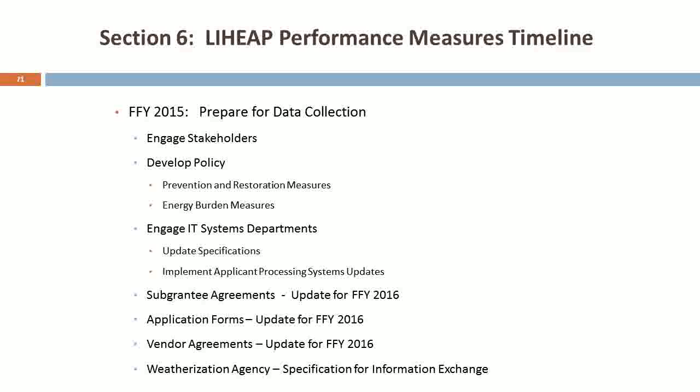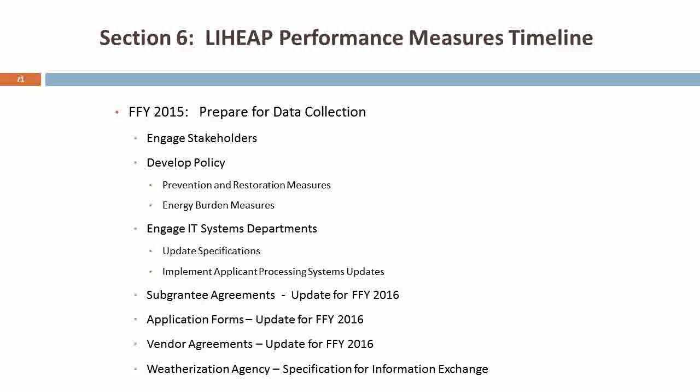We've taken a look at drafts just to make sure you've caught everything that you should be catching. In terms of application forms, many of you are getting those ready to print, so update those to make sure the right fields are in there, so the fuel type and the home energy status and all of those things that you're going to need in those application forms. And some of you mail them out prior to October, so that's a tight timeline if you haven't already started working on that. Once again, Aprize can help you take a look at that.